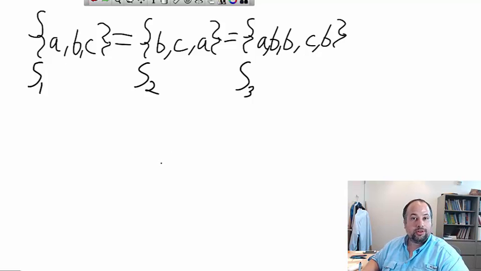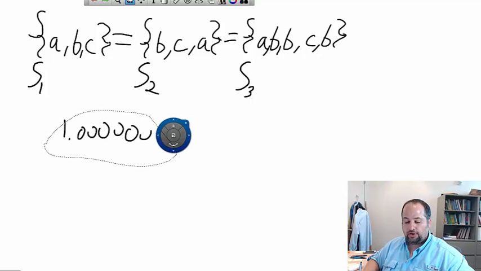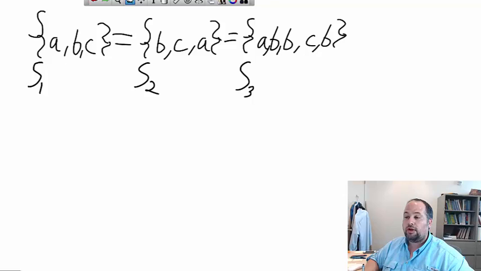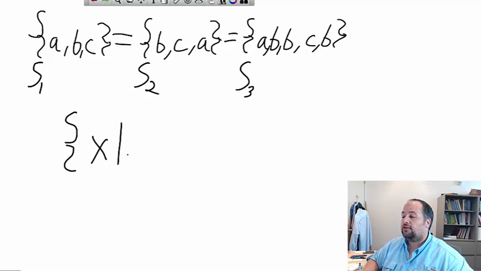For example, real numbers, 1.000000 infinity. So obviously, that is not a good choice for us to represent using the notation that we've been using. So how do we represent those sets? We still use the curly bracket, so it's clear that we're talking about the symbols within a set. And then our notation, if it's, for example, real numbers, it'll look something like x such that